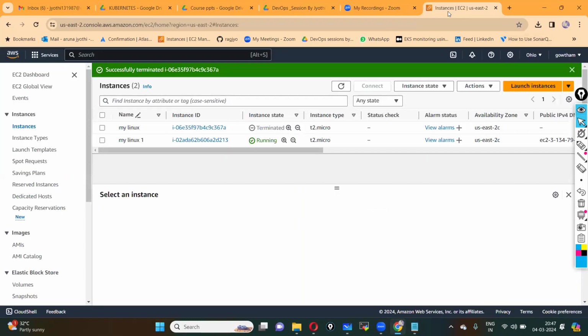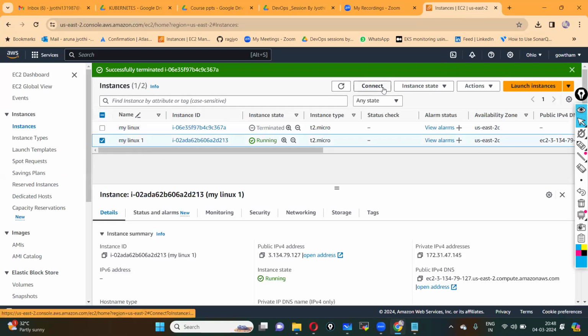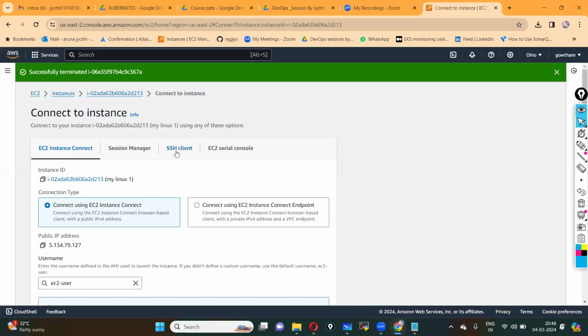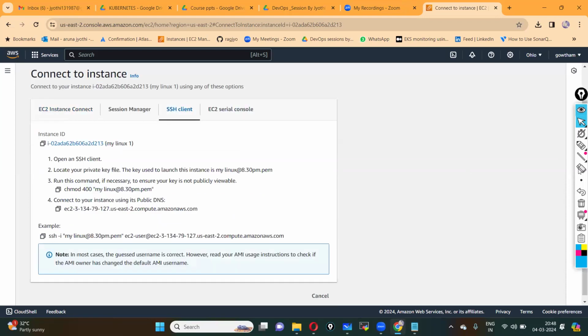So here, fine. Let me connect here. If you want to connect, just select this instance. Click on connect. Go to SSH client. But in yesterday's class, here we were having the RDP client. Now you can see the SSH client. Just click on this SSH client. Here, you can see, right? Under example, you will have